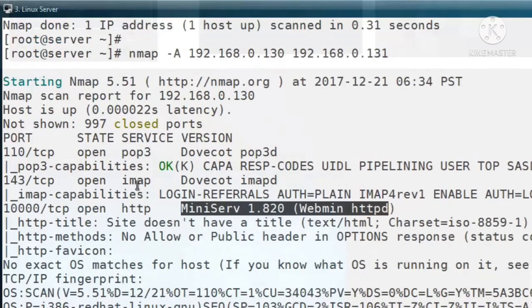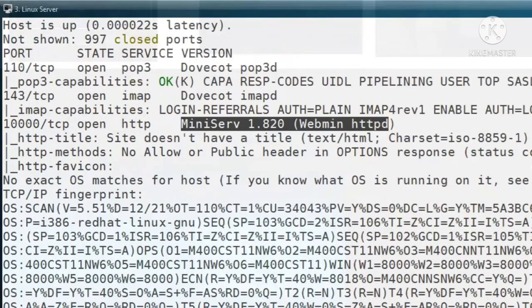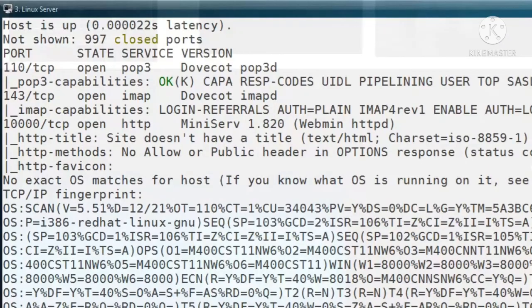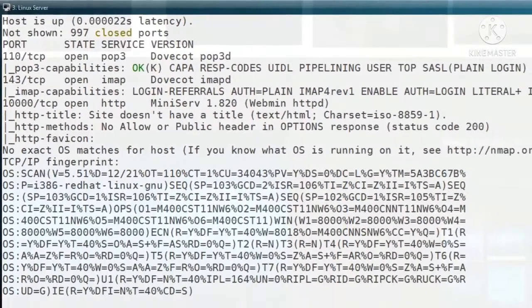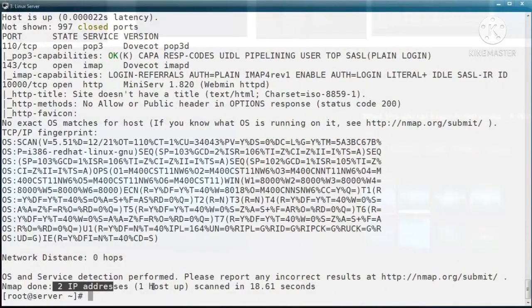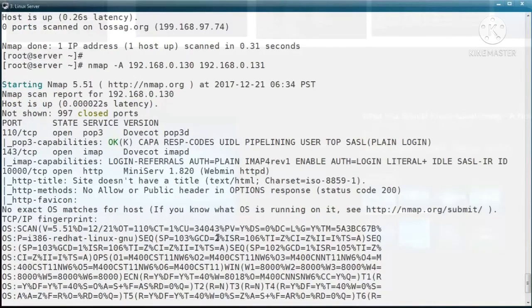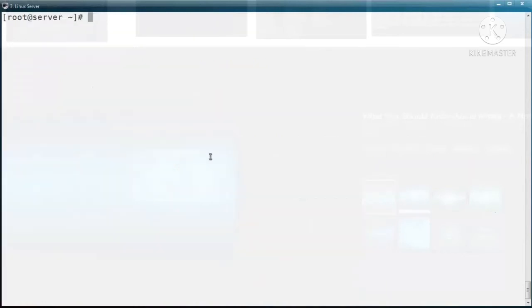Likewise, we can test the status of all these port numbers of a remote machine. Not only a single machine, we can test the connectivity of multiple machines also. But the second machine is in down state only. Here you can see 2 IP addresses, nmap done, but one host is in up state and another host is in down state. It will print the result clearly. It's showing 0 hops network distance because it is a local IP address of this machine only. So it does not show any traceroute path.